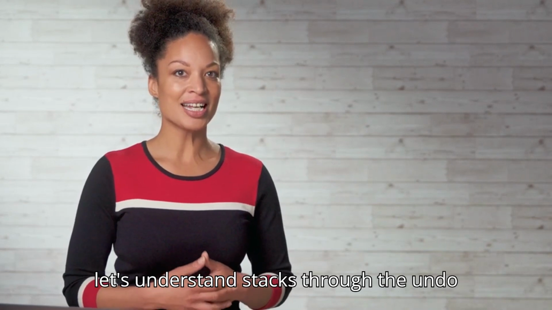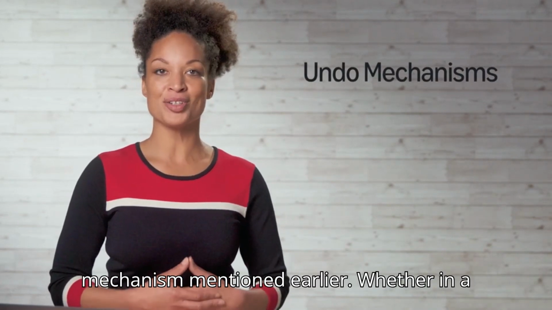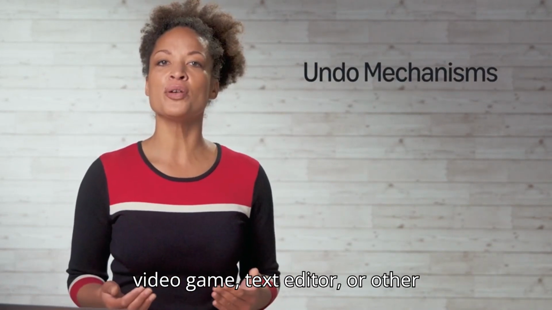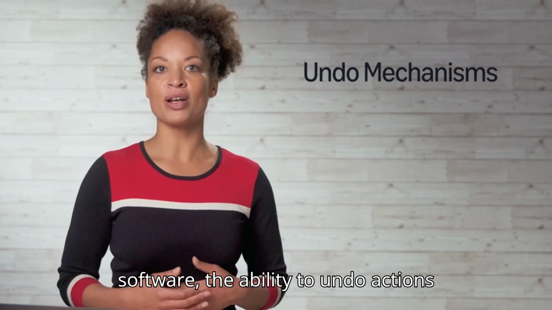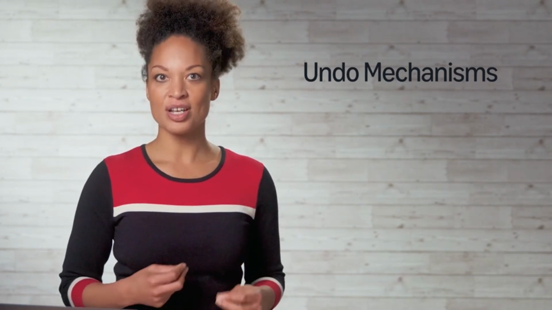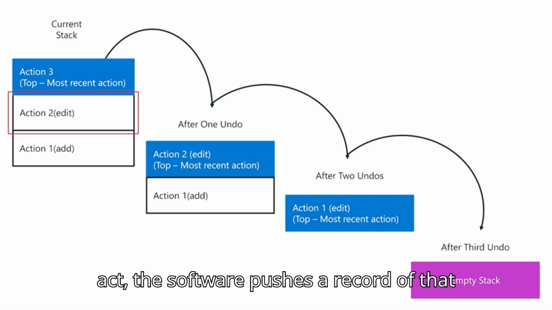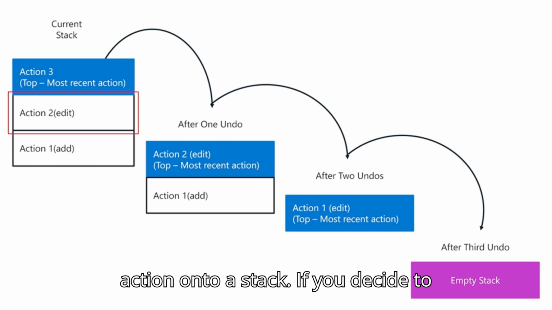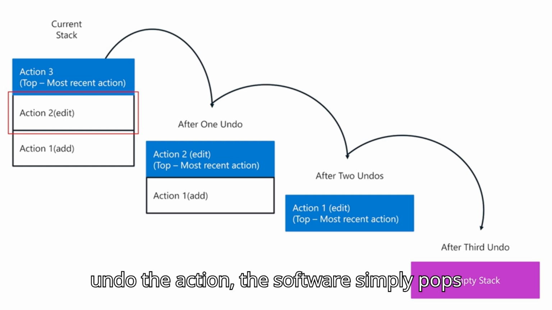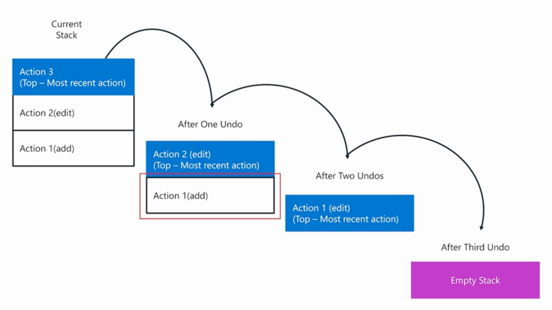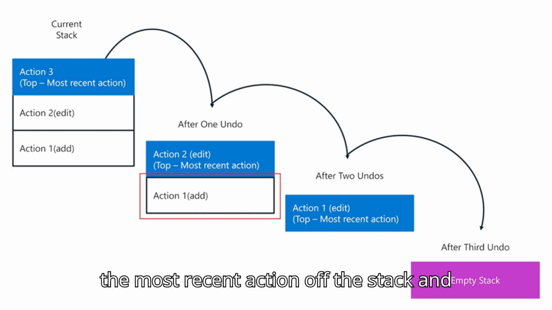Finally, let's understand stacks through the undo mechanism mentioned earlier. Whether in a video game, text editor, or other software, the ability to undo actions relies heavily on stacks. Every time you act, the software pushes a record of that action onto a stack. If you decide to undo the action, the software simply pops the most recent action off the stack and reverses